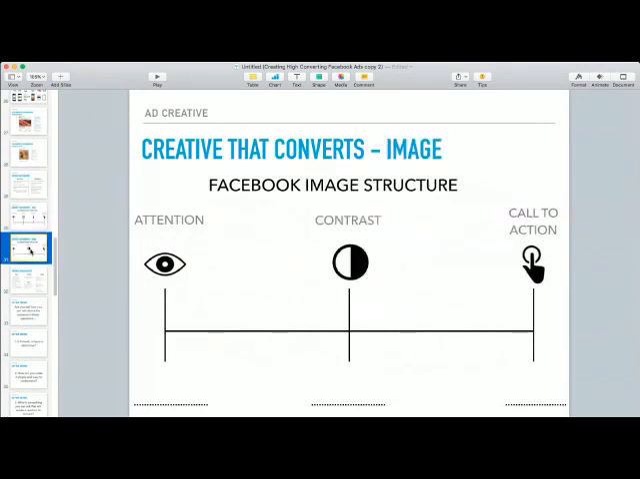From an image perspective, again, attention is everything. A great way to do this is really high contrasting images, using different colors that stand out in the newsfeed and grab people's eyes. And again, that call to action is really simple. Having